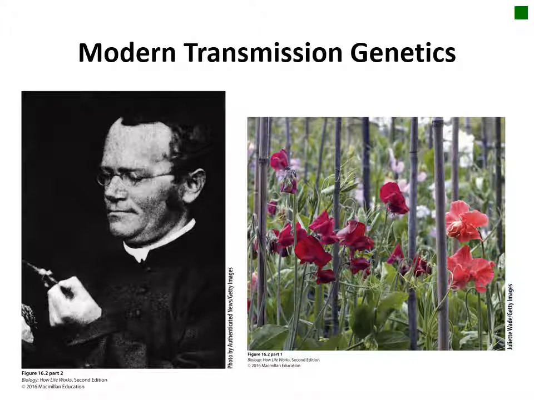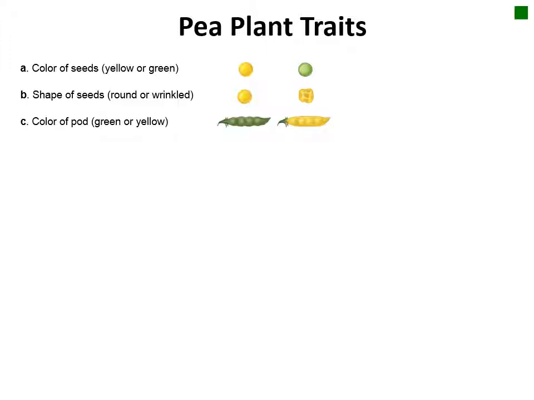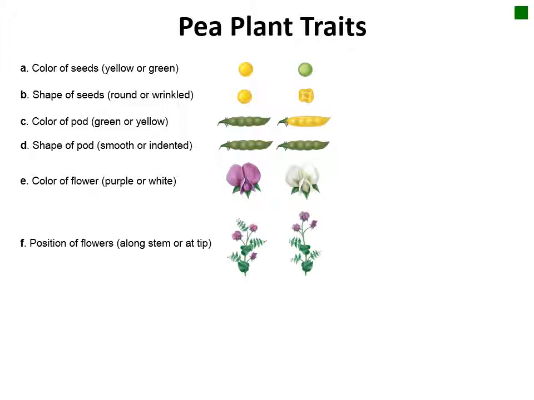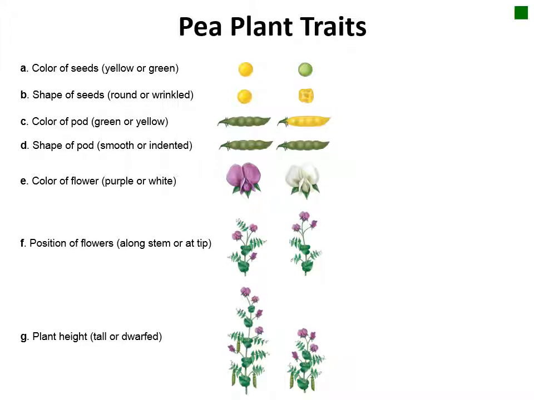Gregor Mendel is considered the father of modern genetics because he was able to show that the blending inheritance model was incorrect based on genetic breeding experiments he conducted from 1856 to 1864 using pea plants. These breeding experiments are also called hybridization experiments. Mendel conducted hybridization, or interbreeding, studies between two different varieties of the pea plant, focusing on 7 contrasting traits. He looked at the color of seeds, the shape of the seeds, the color of the pods, the shape of the pods, the color of the flowers, the position of the flowers, and the plant height.